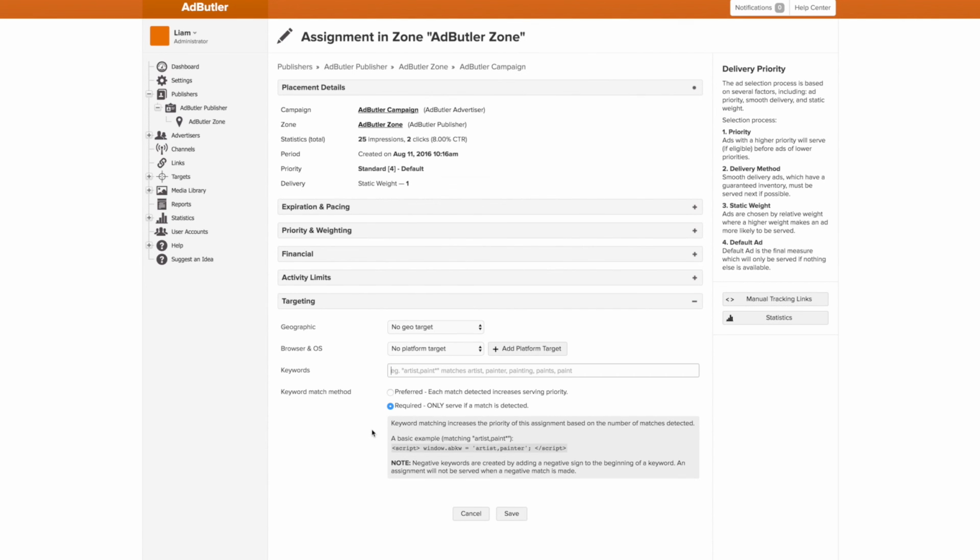For my final example, say I run a website with premium memberships. Because people pay to not see ads with their premium membership, I only want to show the banners to people who don't have a membership. I can do this really easily with a keyword script by setting a simple keyword like member when a user is logged in and setting the assignment for the campaigns to -member required. Now the banners will only serve if someone isn't logged in.